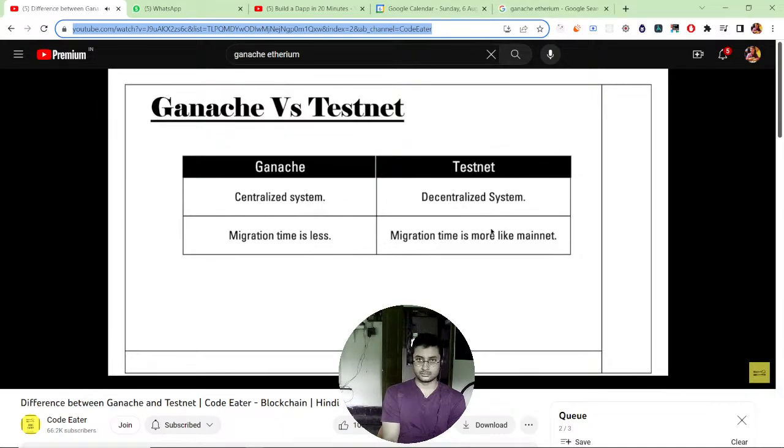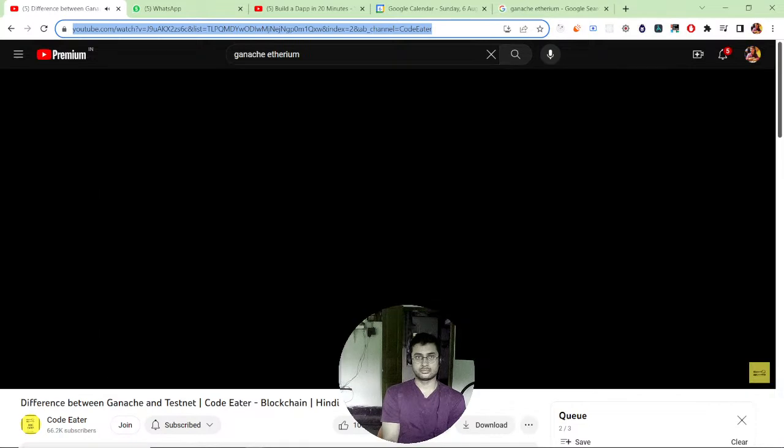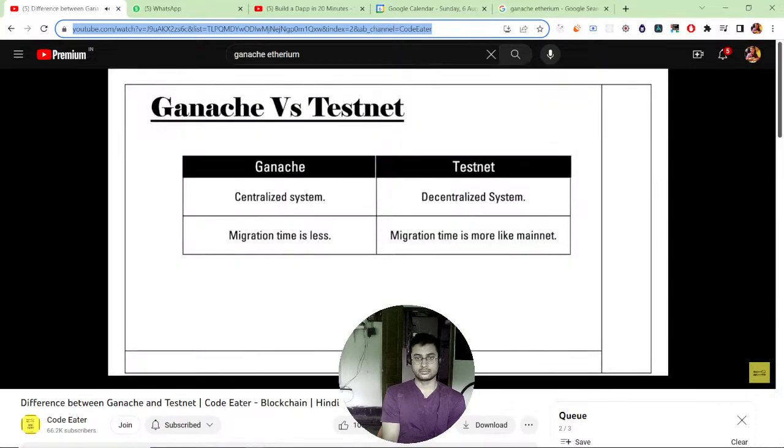क्योंकि भाई अगर आपको लेट्स से कोई स्मार्ट कॉन्ट्रैक्ट टेस्ट करना है तो आपको 15-20 सेकंड का वेट नहीं करना पड़ेगा कि हाँ भाई मैंने टेस्टनेट पे किया है तो मुझे भी 15-20 सेकंड ट्रांजैक्शन का वेट करना पड़ेगा। इस तरह से कुछ भी नहीं हुआ, गैनाश पर तुरंत से अपनी फंक्शनलिटी ऑफ स्मार्ट कॉन्ट्रैक्ट को चेक कर सकते हैं, चेक कर सकते हैं कि आपका फंक्शन सही से वर्क कर रहा है कि नहीं, इवेंट सही से वर्क कर रहा है कि नहीं, ये सारी चीजें आप अपने सिस्टम पे तुरंत चेक कर सकते हो। आपने देखा भी है जब भी मैंने गैनाश पे कोई माइग्रेशन किया है तो वो 1-2 सेकंड में ही हो जाता है। टेस्टनेट पर कोई माइग्रेशन करता हूँ तो वो 10 to 15 सेकंड या फिर उससे भी ज्यादा लग जाता है।